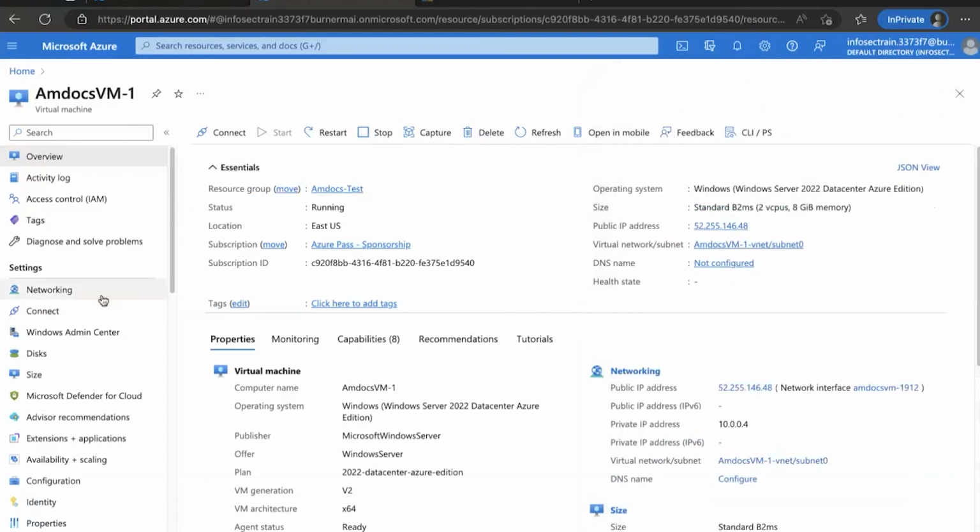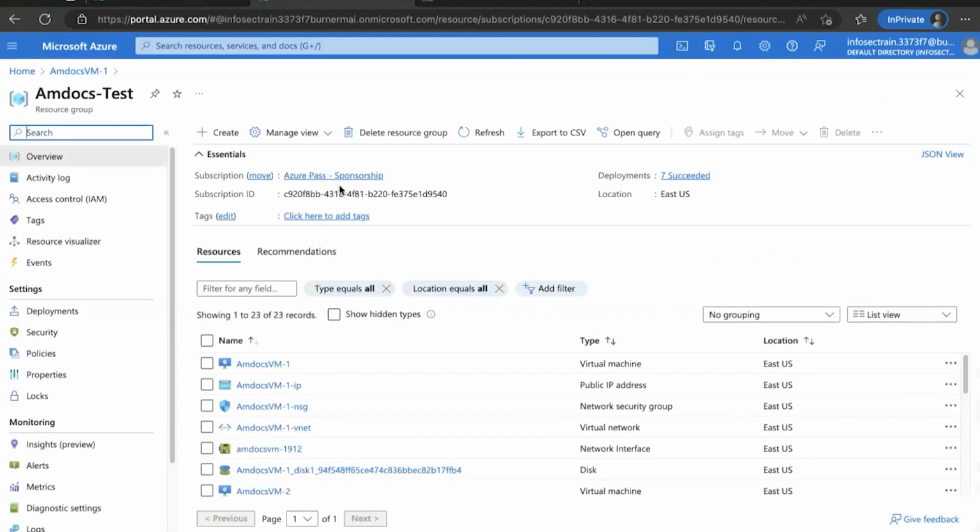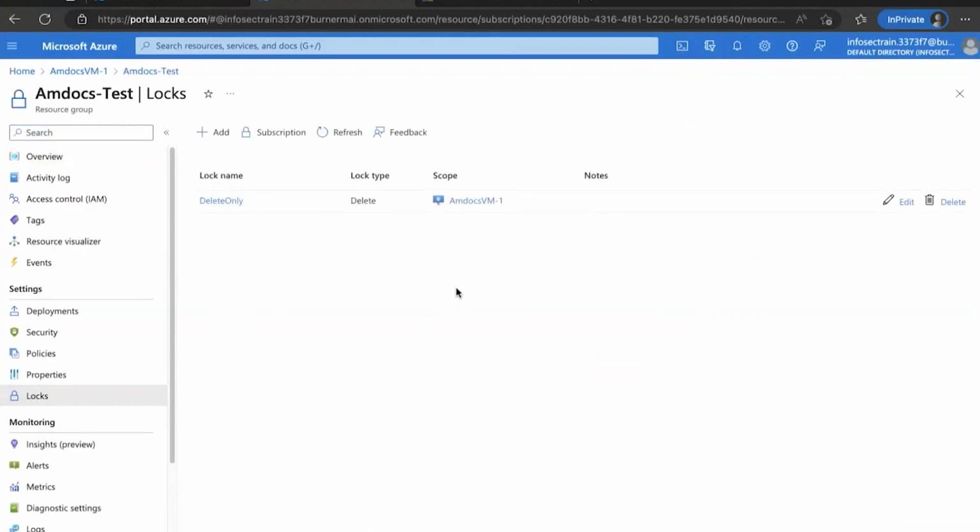Last time it successfully restarted, but now it is not. Why? Because at the resource group level, I have applied a lock which is saying read only. So even though I am an admin user, I cannot go and change the state of it. Why? Because locks sit outside of your RBAC environment itself. So I can go ahead and delete my locks over there.